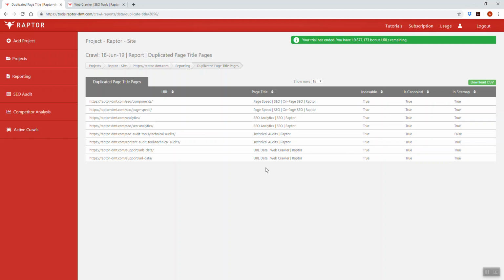If a page title was duplicated across 2 pages, one of which wasn't canonical and wasn't indexable, as is often the case, that's not really what we would consider to be an error. So in this case you can see that there's various pages that have the same page title that could all benefit from being updated. Now you can download this to CSV by clicking the download CSV button, although we also